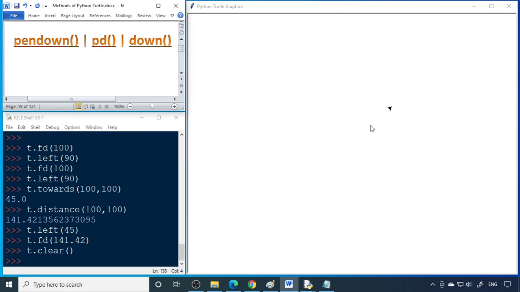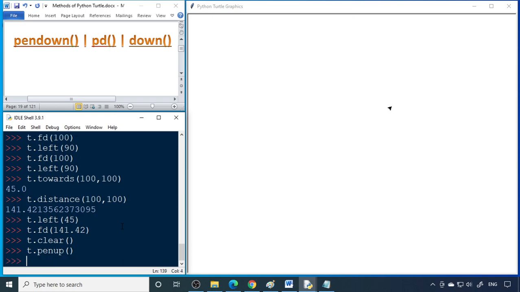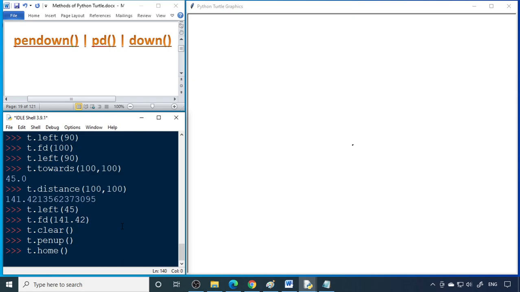If you want to bring it back, you can say back, but a line will be drawn. We don't want to draw the line. So in that case, we can use the T dot pen up. There is a pen up first, then pen down. So pen up, then you can say T dot home. You see that the line is not drawn and the turtle came back to its original position.